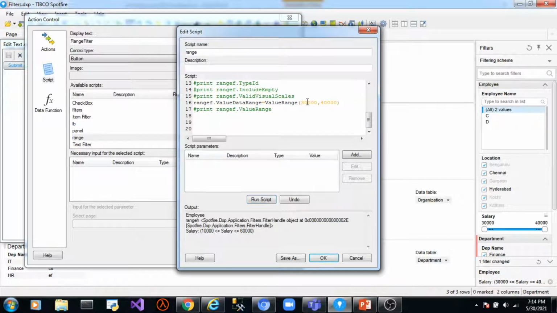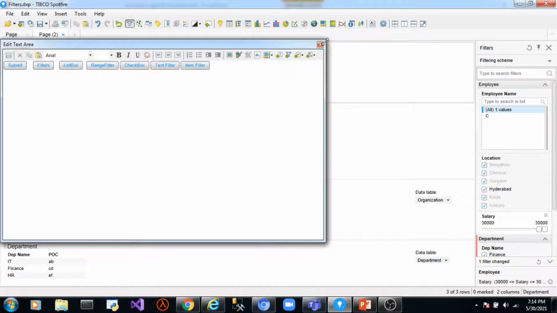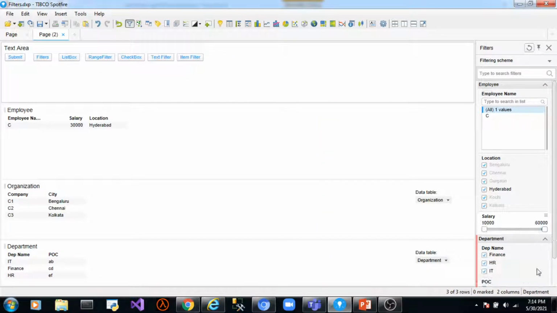Let's change this to 20,000 and 30,000. Okay, so our value is set to 20,000 and then this is 30,000. Okay. So this is how we set a range filter.